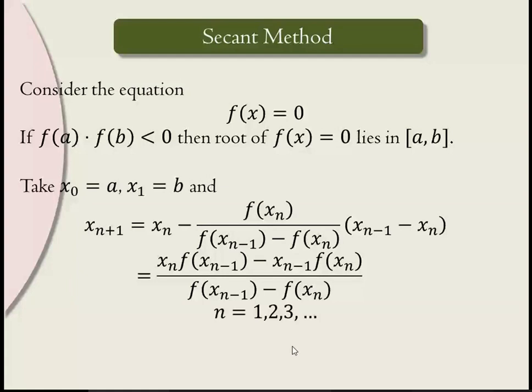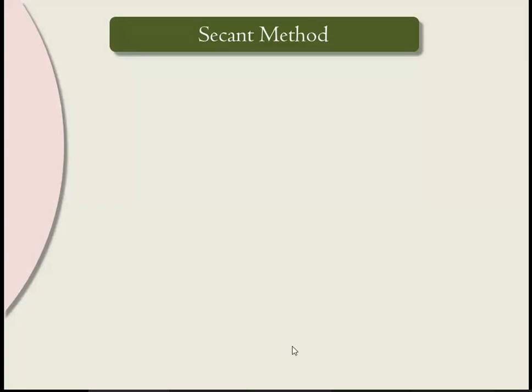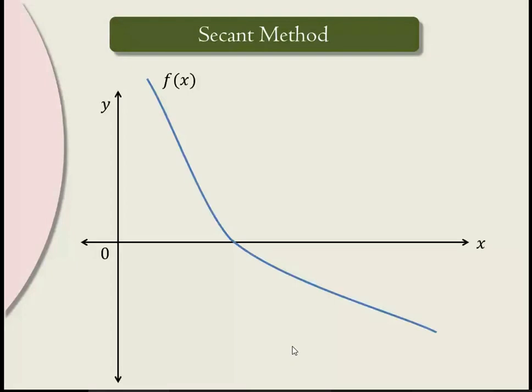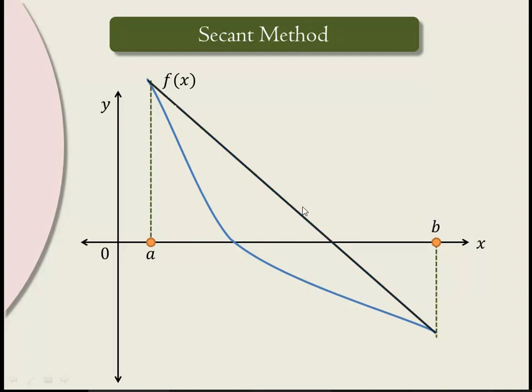Now I will show you graphically how we can approach that point. Suppose we have this curve f of x. Firstly, we have to find two points where the function takes opposite values. Suppose at this point f of A is positive, f of B is negative. Again, same thing, we have to draw a line. Actually, that formula we get by using the symmetric form of the line: y minus y1 upon y2 minus y1 equals x minus x1 upon x2 minus x1. By using that simple formula, we get the formula for this secant method.